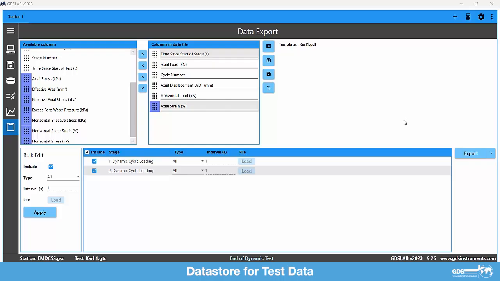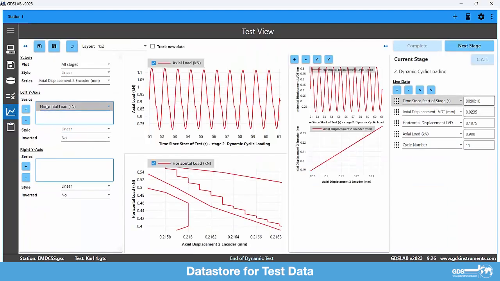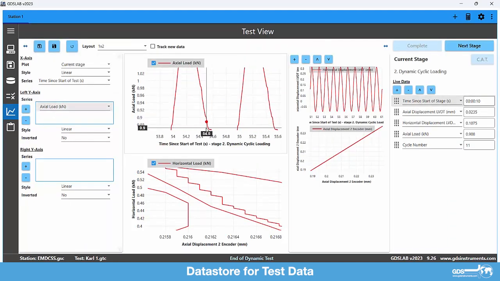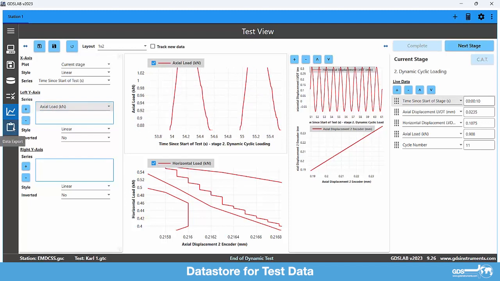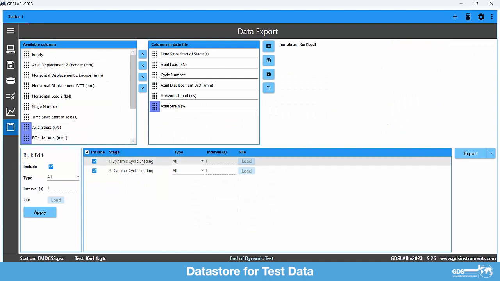I want to show you and explain to you the data store for how test data is saved. We've just run a test here, which was dynamic cyclic, where the first stage was 100 points per cycle, the second stage was 1,000 points per cycle. We just showed that we can export those, and here I left it at the default, which is all of